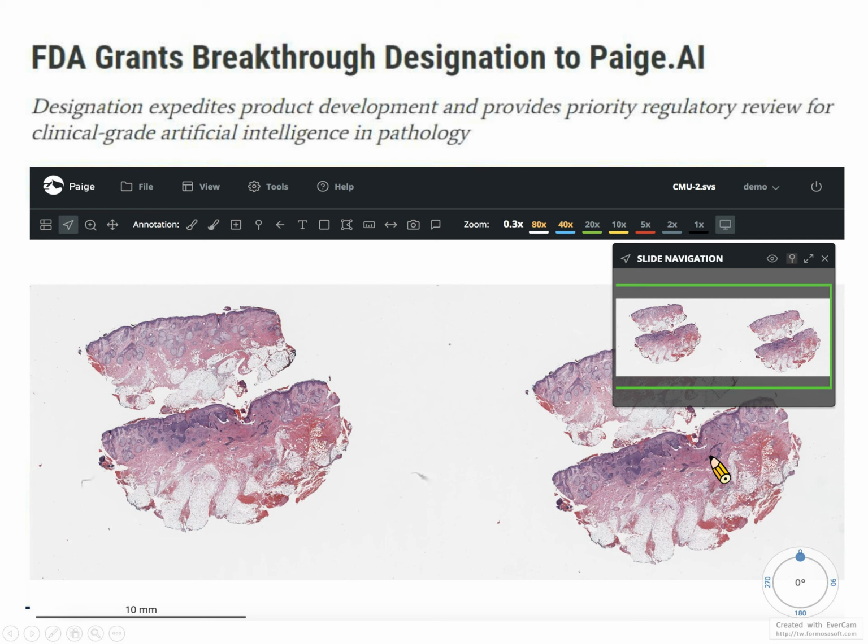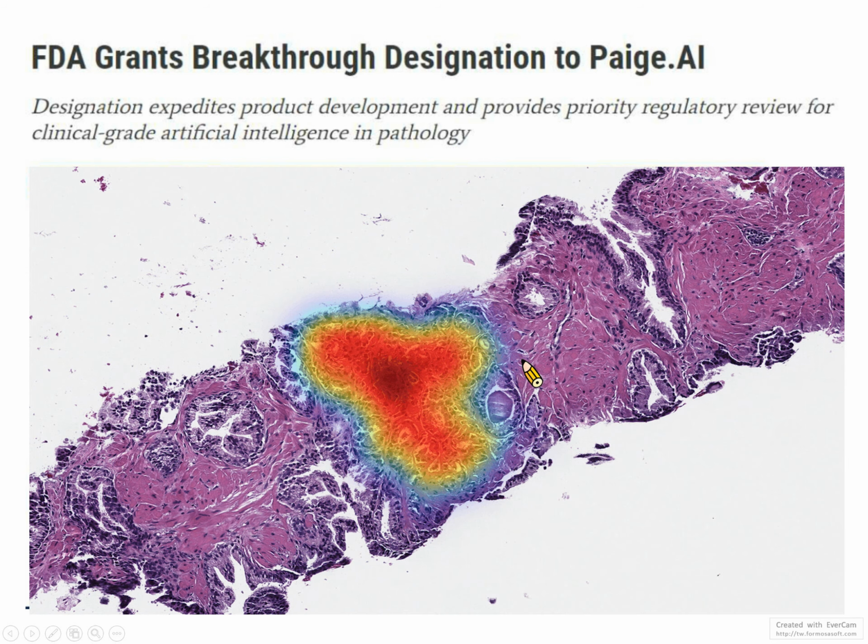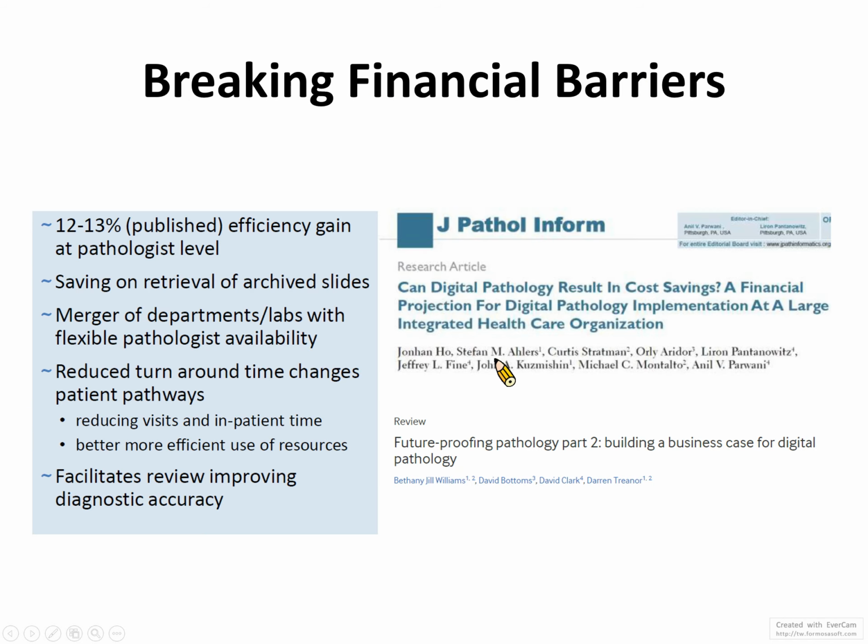And there are lots of startup companies trying to develop AI algorithms or AI platforms to diagnose pathology images. This is one of the first FDA-approved AI companies to provide digital pathology AI diagnosis. And it's also one of the demo figures showing that they are able to use the heat map to identify the abnormal tissues in the pathology slides. And also,